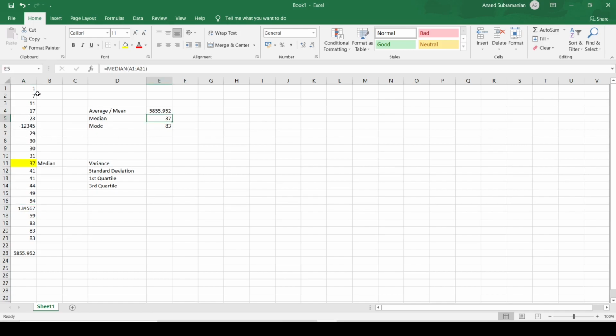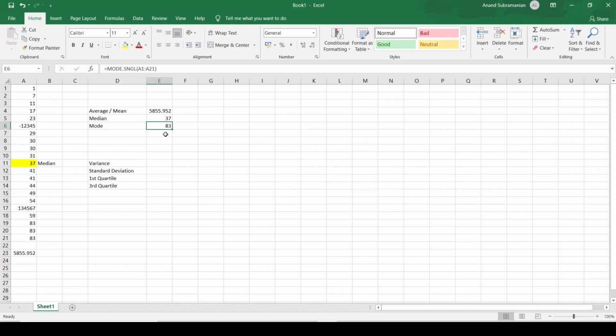When we have some weird-looking data, when we have some outliers in the data, we try to remove them. But if, due to certain reasons, we cannot remove the outliers, median helps us correctly display the middle value in this entire range of data. Okay, now let's talk about mode here.